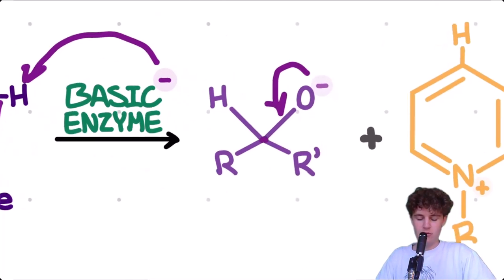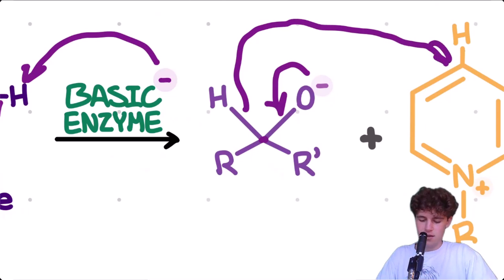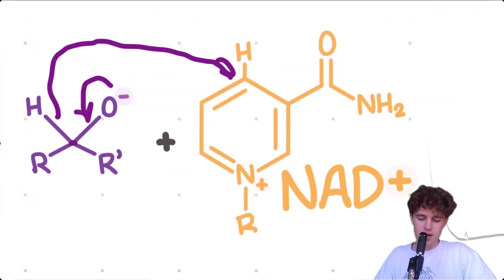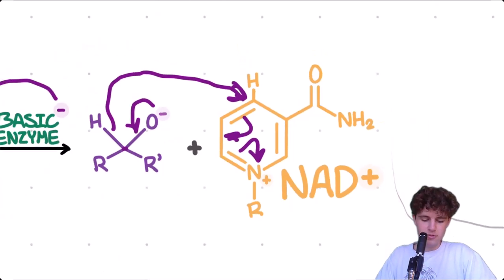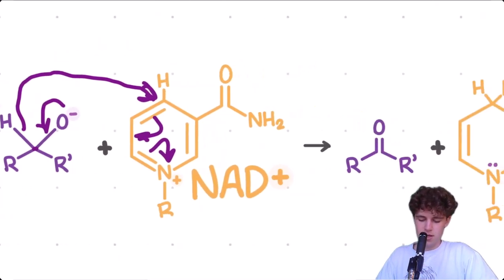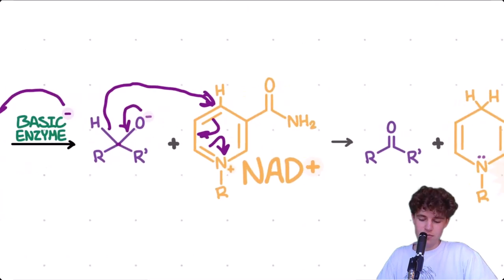However, this carbon can't have 5 bonds, so something's got to go, and that something is this hydride ion. This hydrogen is going to pack its electrons and say goodbye because it's attacking the NAD+, right at that cationic site we talked about earlier. These pi electrons move and these pi electrons move, and our result is a carbonyl on our substrate and our